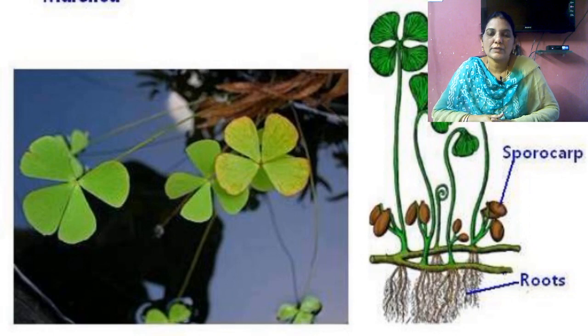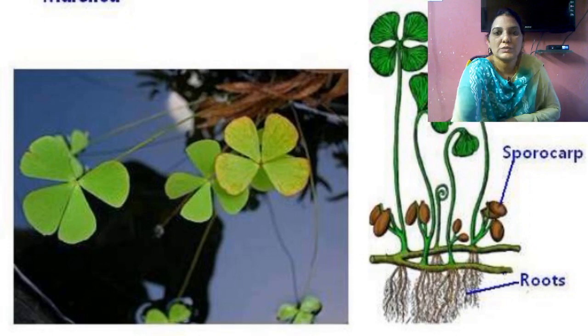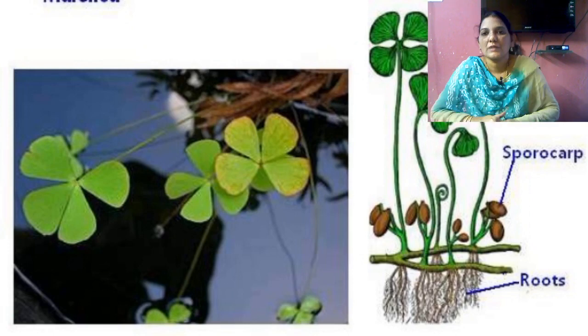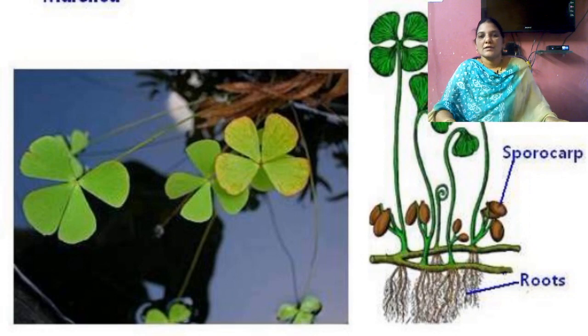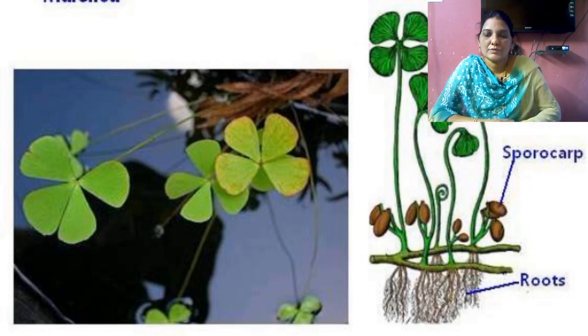Here also the epidermis is a single layer and it is made up of parenchyma tissue. There is no picture. Below the epidermis, the cortex is present. The cortex is made up of aerenchyma tissue, sclerenchyma tissue and also parenchyma tissue. The cortex is divided into three parts: outer cortex, middle cortex and inner cortex.